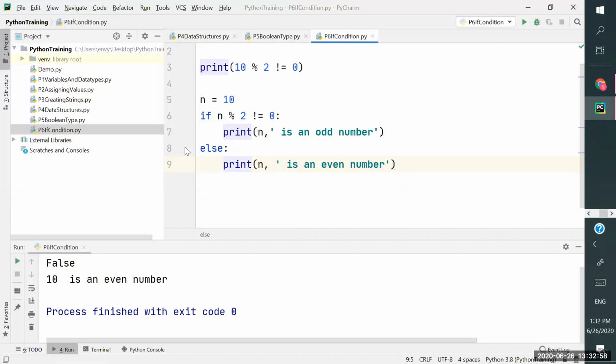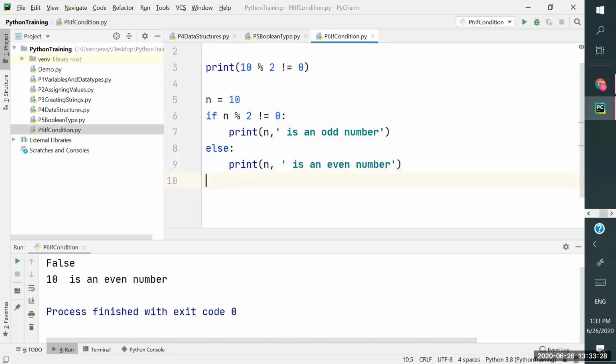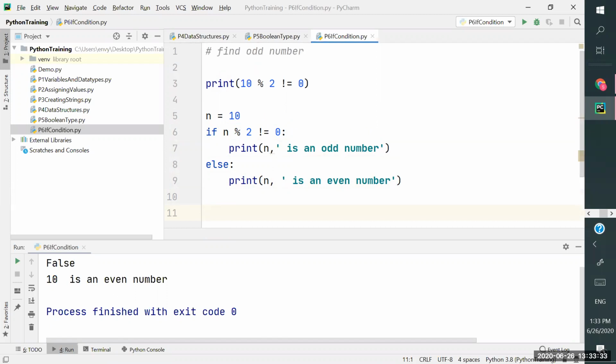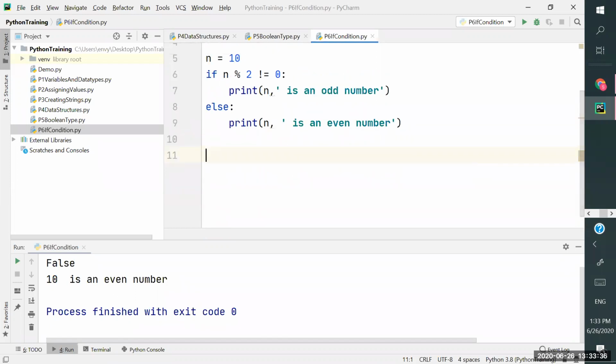So Python blocks are not created with curly braces like other languages. Here, the blocks are created by specifying the block start and then using a colon. And here you need to write all the code by indenting with space. However many statements you write, those all become part of this particular if condition, right? So this is how you need to write. Whenever I start writing from here, that becomes outside of the if condition, right? So this is how you can write an if else condition, right?